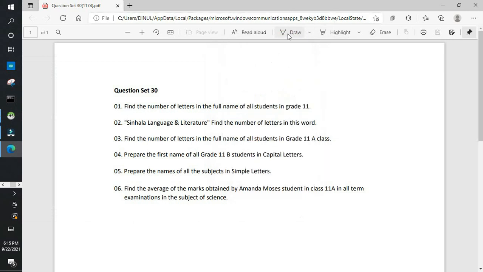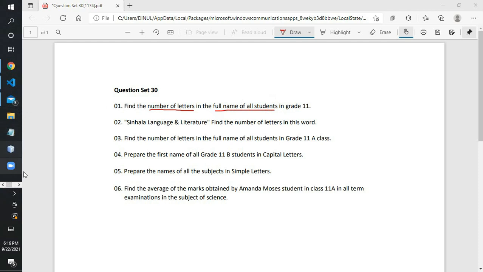Okay, my first question is, find the number of letters in the full name of students in grade 11. In the database we only registered the names of students of grade 11, so we don't have to filter anything about grade 11, because all are from grade 11. But here they are asking us to count the number of letters. So there is a new SQL function that I have to explain, actually two. I am supposed to first find the full name of the student, which is in the student table.